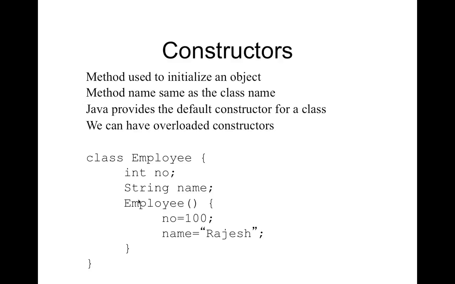Okay. So we talked about constructors, like methods used to initialize an object, with the method name same as the class name. We talked about all this. Is it something new for you guys, or we talked about it last week? Are you guys aware of a constructor? Yes. What is the difference between a constructor and a method? There is no return type for the constructor, and it's called when an object is created. A default constructor is called when an object is created.